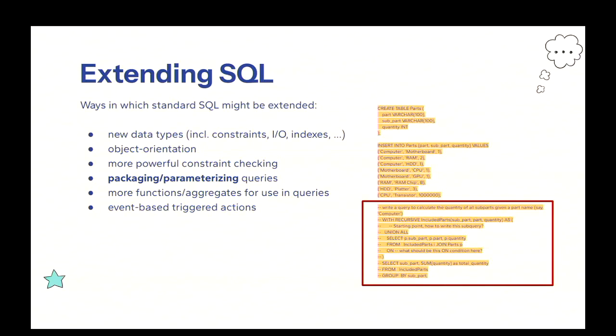We have specified the root part as computer here. What if we want to change the root part from computer? Do we need to copy the whole chunk of query to another place and change just one place, just the root element there? That's a waste of space. That's a waste of code.